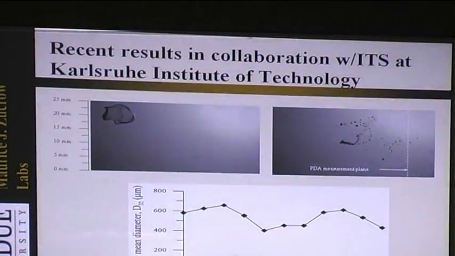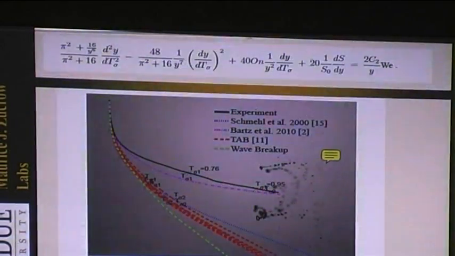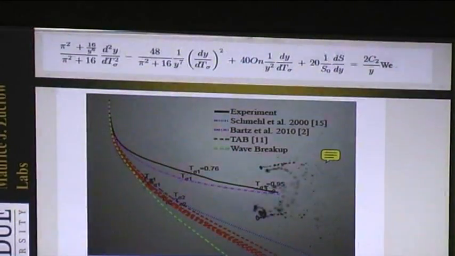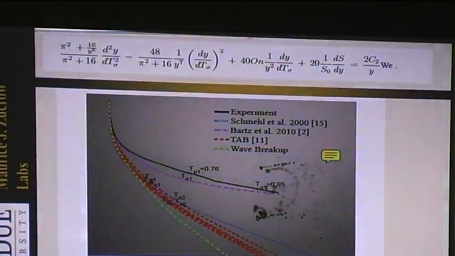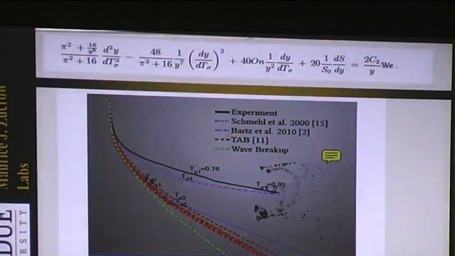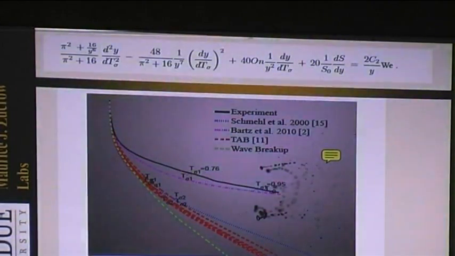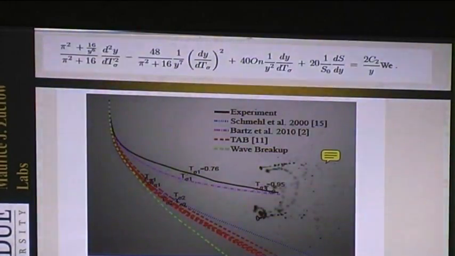Okay, so if we go to slide 31, here is some more recent work in concert with ITS at the Karlsruhe Institute of Technology. The equation at the top is a nonlinear TAB model, nonlinear Taylor analogy breakup model, that was developed by Schmehl when he was a PhD student in Karlsruhe some 10 or so years ago. And the picture here actually shows computations,